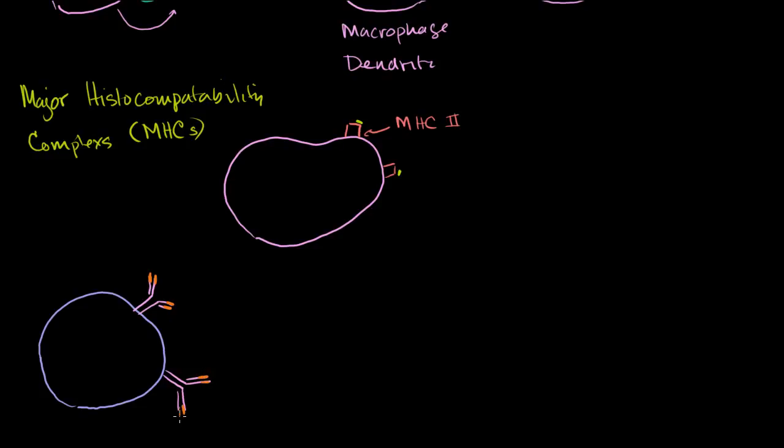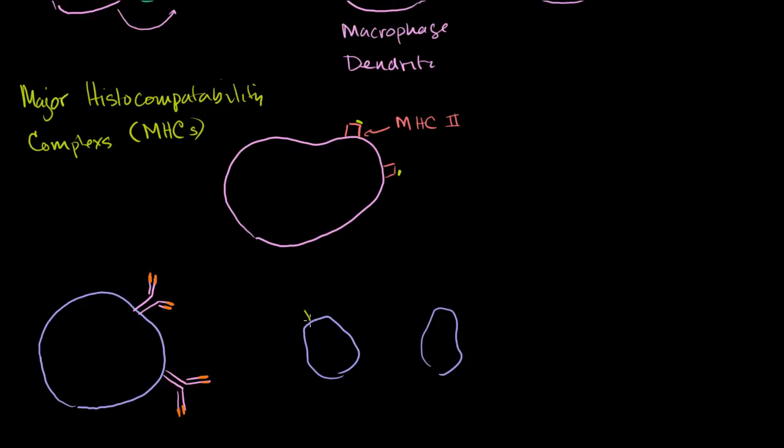Remember, epitopes were the parts of certain pathogens that these specific chains can recognize and bond to. So let's say that we're dealing with a virus in this situation. And let's say the virus just happens to bond to this B cell. Remember, there definitely are tons of other B cells around,